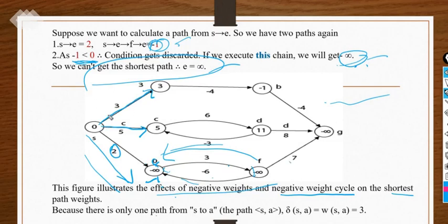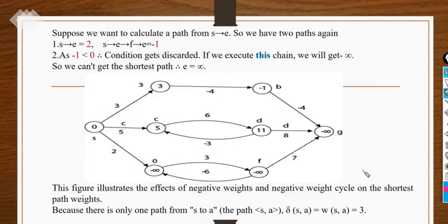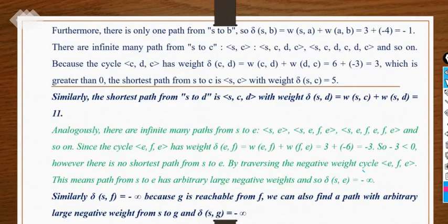So it's the best path to track from S to A here with the edge weight 3, because there is no negative edge weight cycle here, right? So this was the negative edge weight cycle. Next we have seen the example, same thing we have mentioned here, like how it's proceeding, going up to minus infinity, -3, and it's repeating up to minus infinity. That's why the condition is discarded.